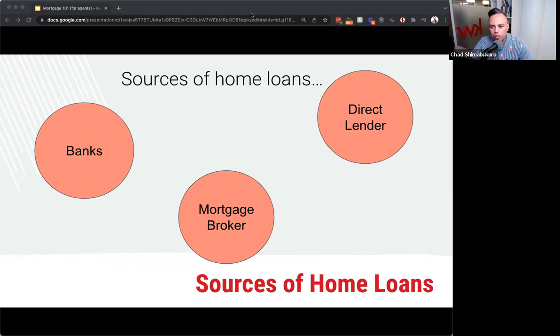Closing costs are super competitive because a direct lender does not make money on car loans or deposits or savings or checkings. All they do is mortgages. That's the only thing they do. So in short, I'm not saying not to use a bank or a mortgage broker and only use a direct lender. You can use whatever you want, but there's an appropriate relationship for the scenario of the buyer that you're working with. And it really is important to understand that.